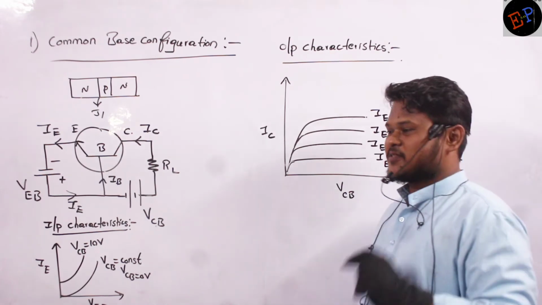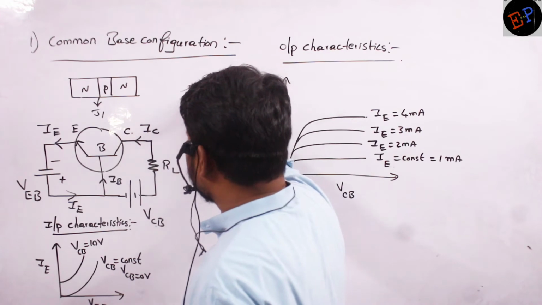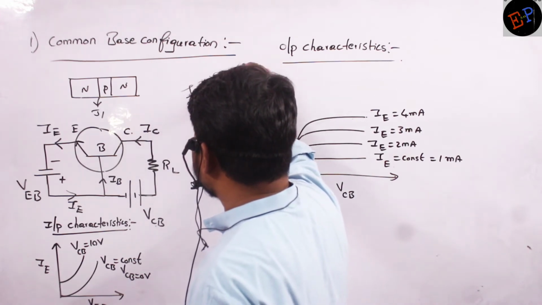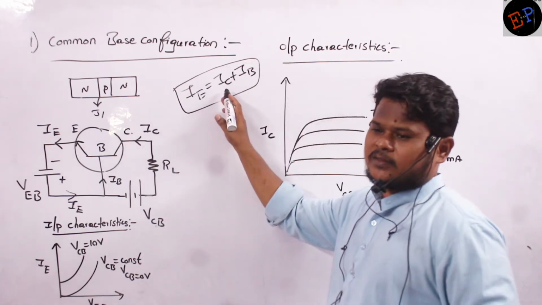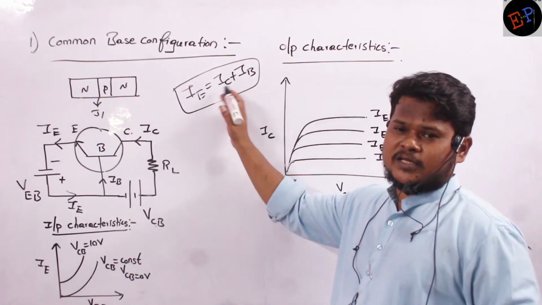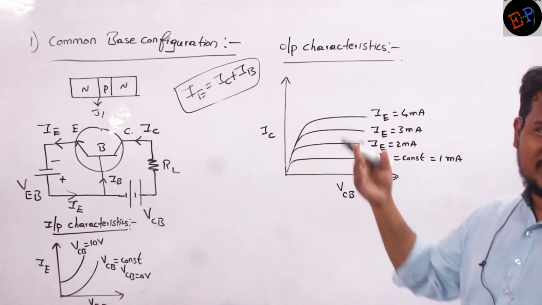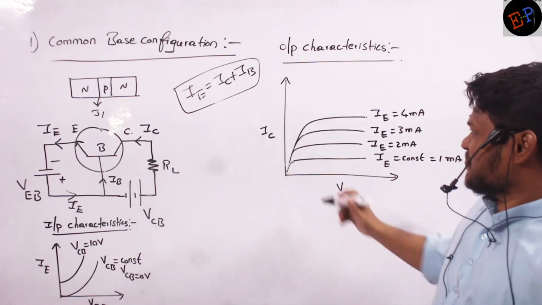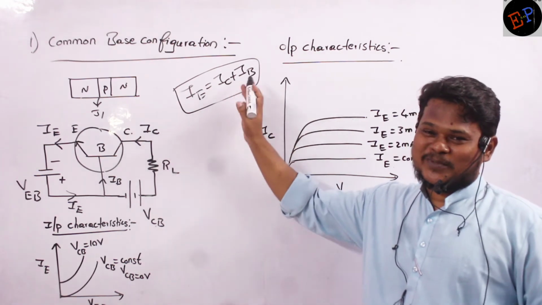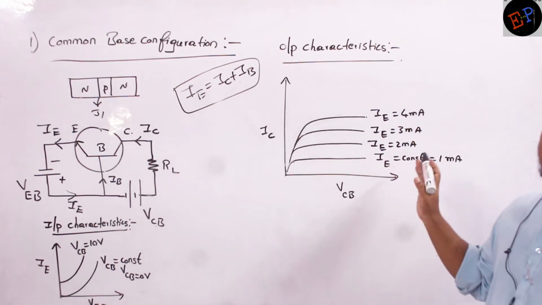See, my reason is that we have already written the equation, no? IE is equal to IC plus IB. IC depends on what? IC depends on IE. If IE is constant, how can IC increase? Have you not seen this equation? IC depends on what? IE. You are making IE constant, then how can IC